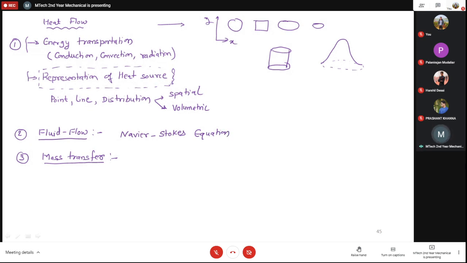Okay, so which will take care of the fluid flow problems. And then we have something which we call the interfacial phenomena. Interfacial phenomena means we have the molten pool and we have the ambient gases or ambient air. Then there will be interaction between the liquid of the molten pool and the surrounding gases.